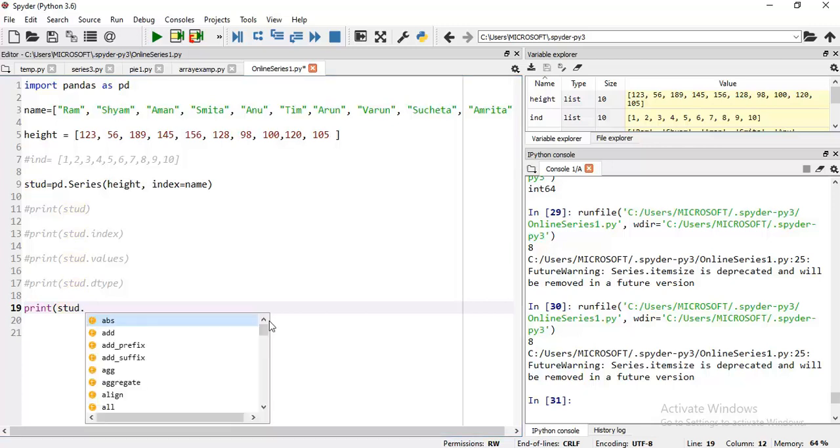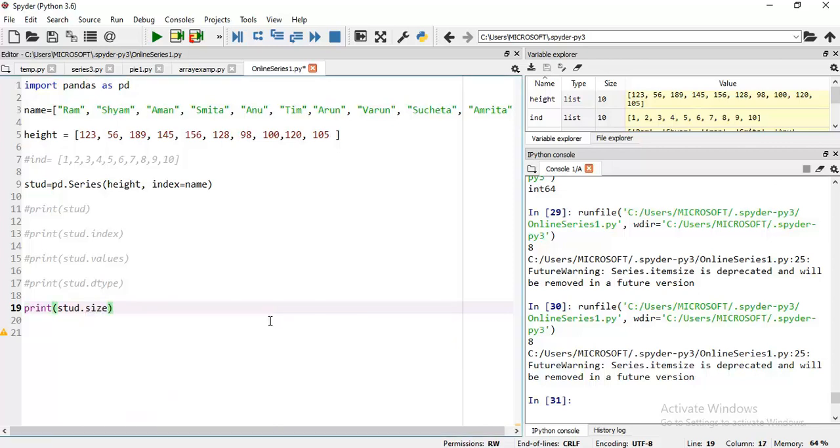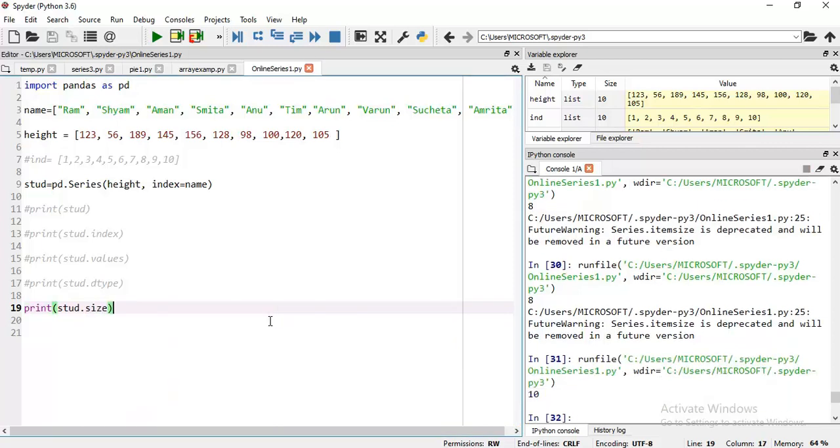Print std.size, and let me execute the code. It is showing 10. In our series we have 10 elements, that is, the size is 10.